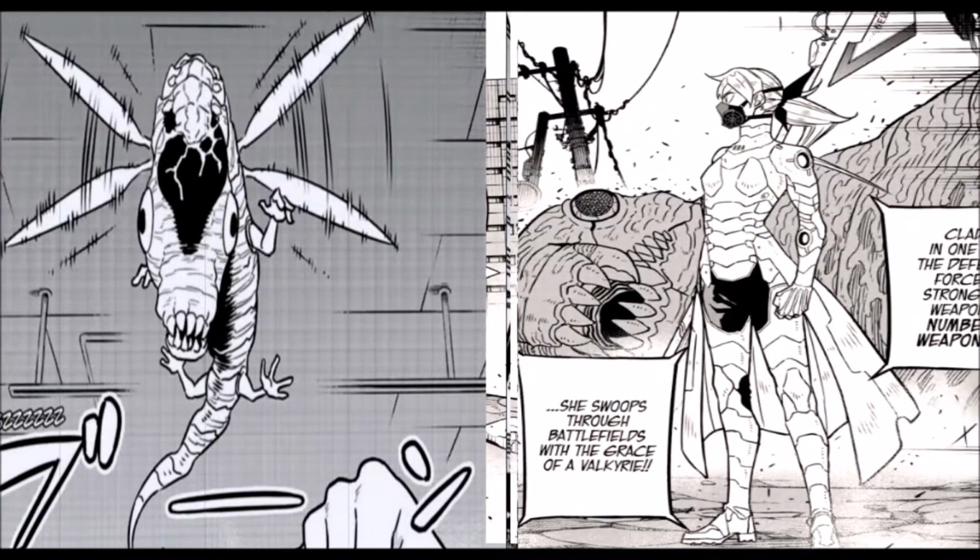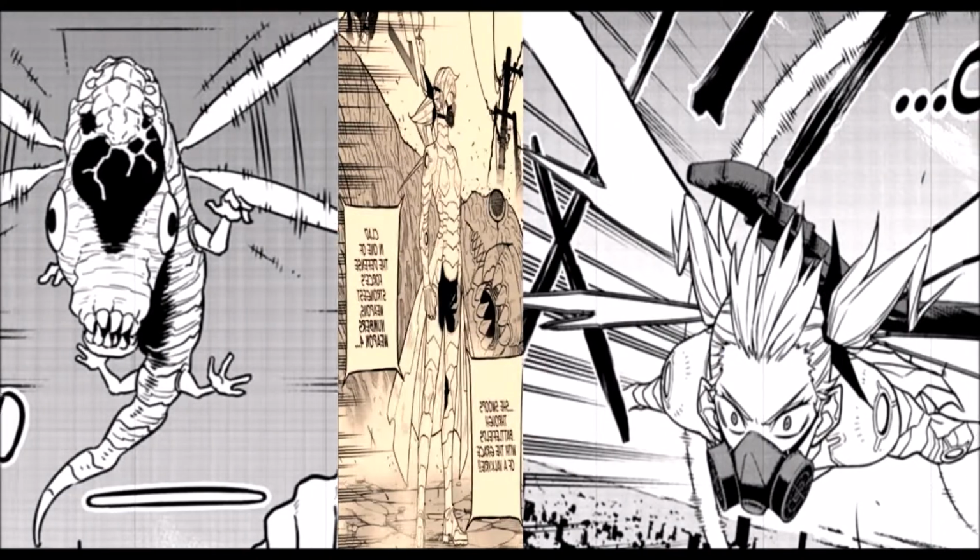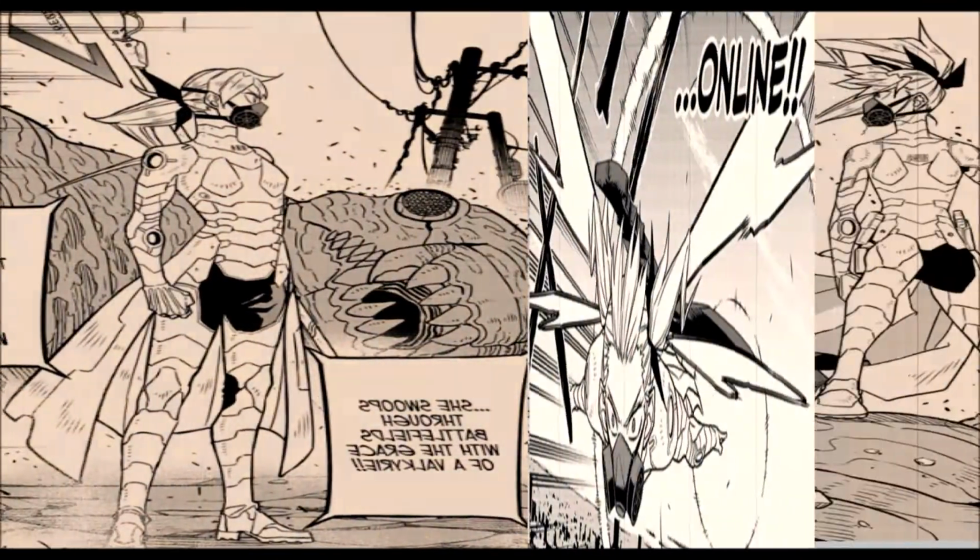Clad in one of the Defense Force's strongest weapons, Numbers Weapons 4, she swoops through the battlefields with the grace